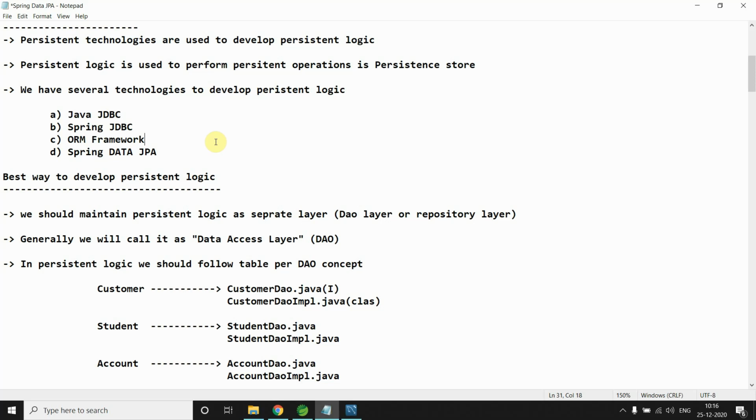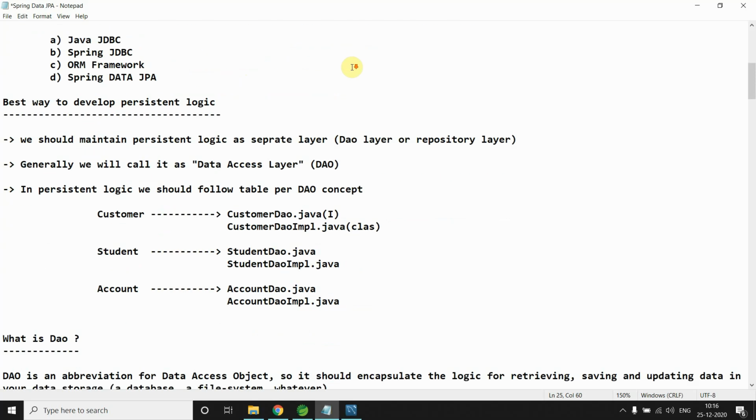There are 7 steps to interact with a database, like connection manager, connection, and connection close. After that came frameworks like ORM frameworks, Spring JDBC and Spring Data JPA. All these frameworks help to write persistence logic. What is persistence logic? The operations you perform on the database.